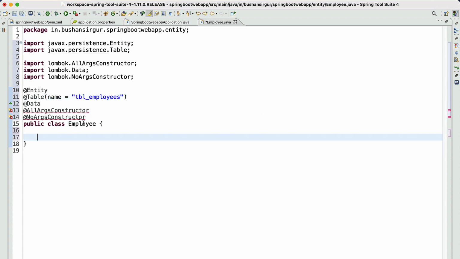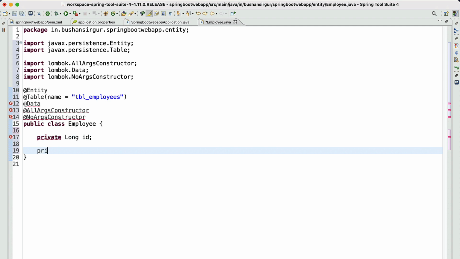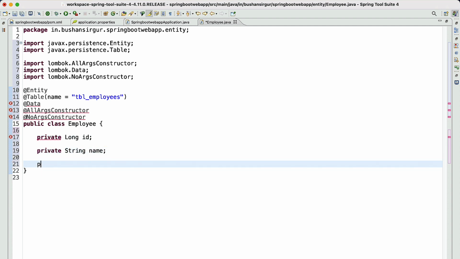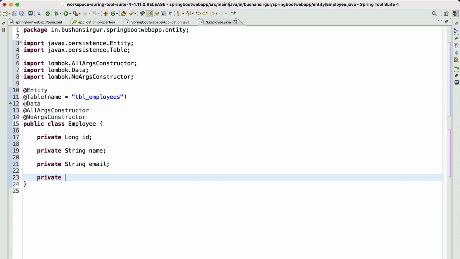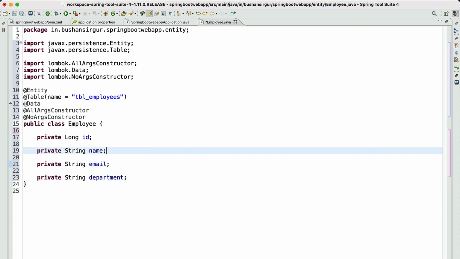Inside this class, we are going to define the fields: private long id, private String name, which is nothing but the employee name, private String email, private String department.